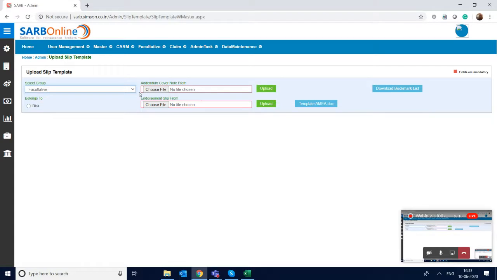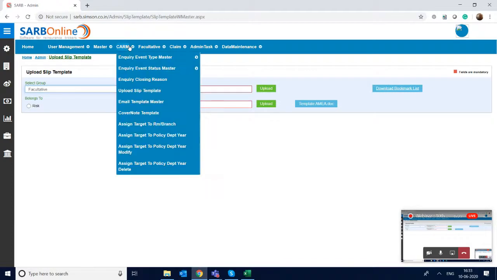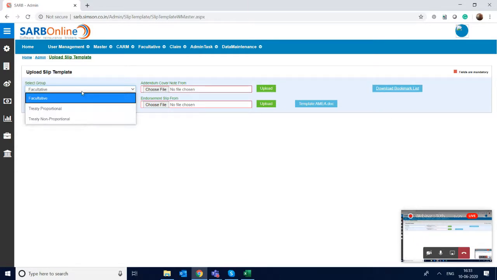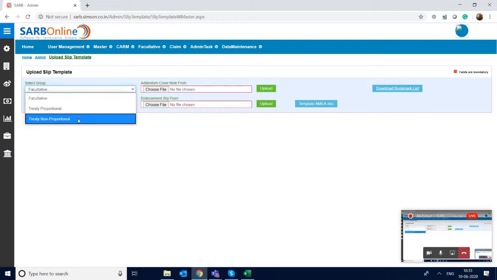Now in slip template, we can create a template. This is in the menu, the fourth menu, upload slip template. In slip template, we have facultative, TT proportional and TT non-proportional.